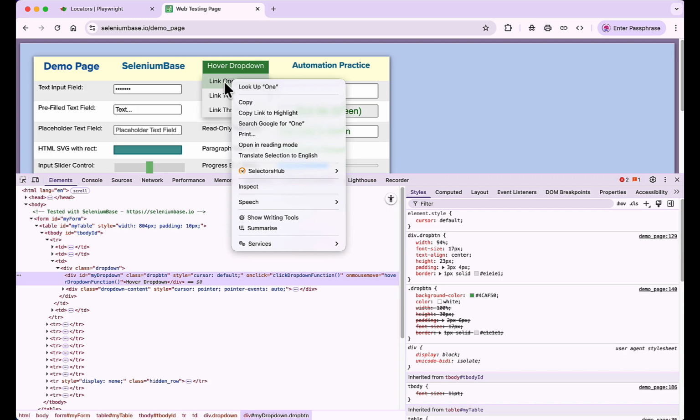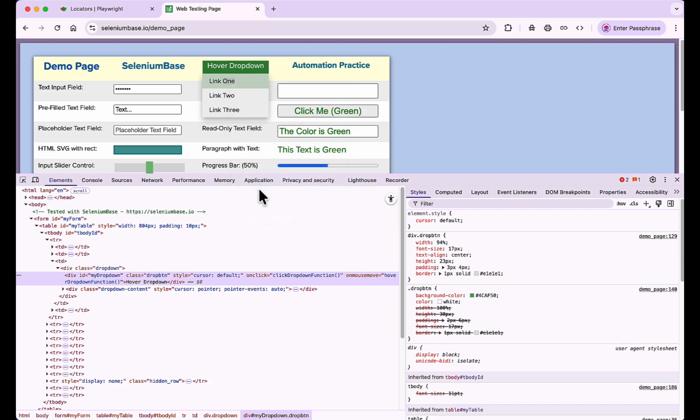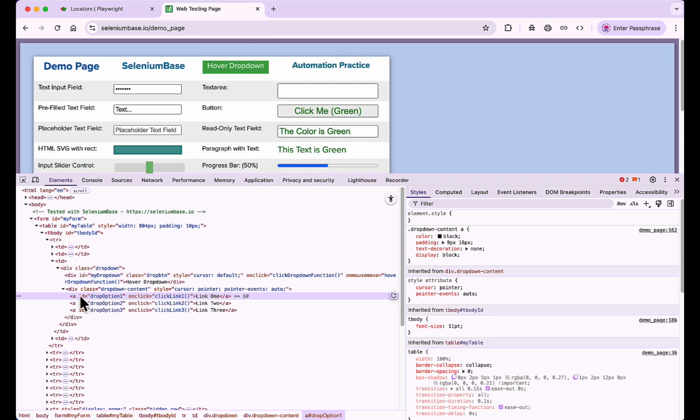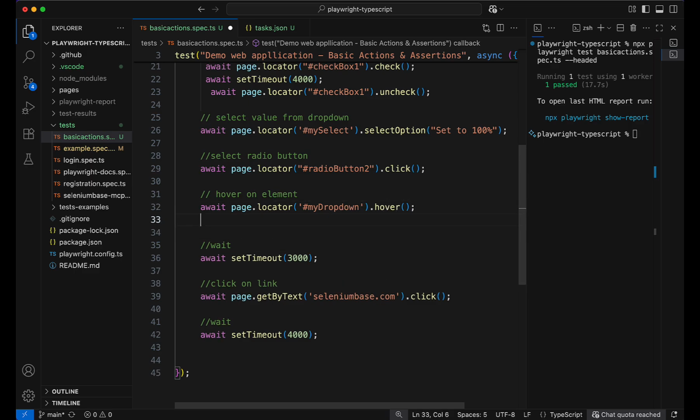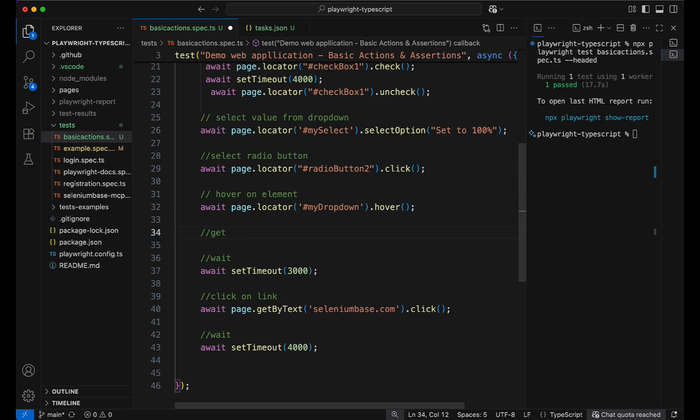Let's say I want this element. Okay, let me take this element. Once I hover, I want this first element text, link 1. So what is the first element? It has an ID again. Once I hover, get text